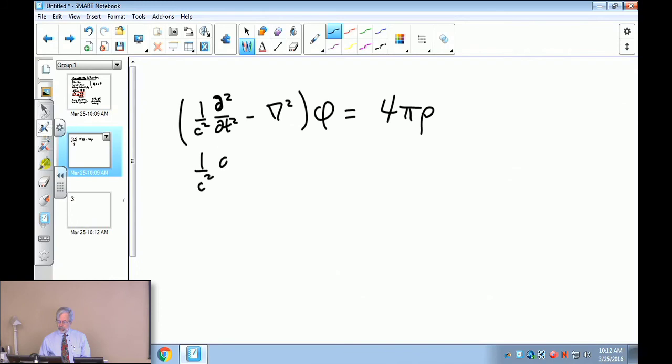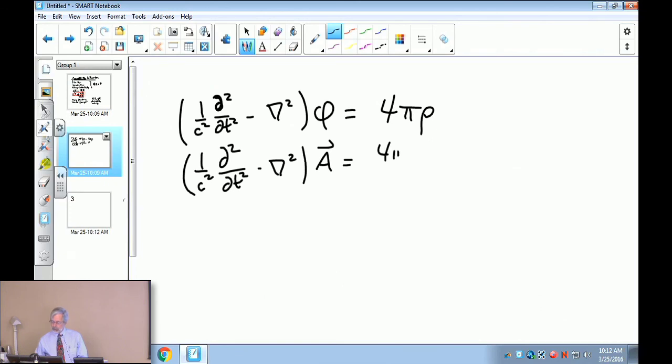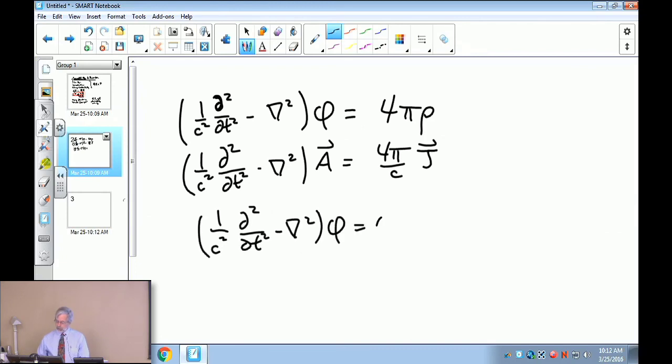And a similar equation is satisfied by A in the presence of J. So where rho and J are equal to 0, you have this form, for example, where rho is equal to 0, and then a similar equation for A, where rho and J are equal to 0. So away from the source,